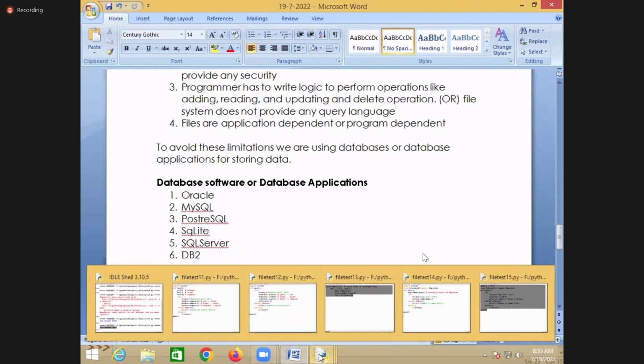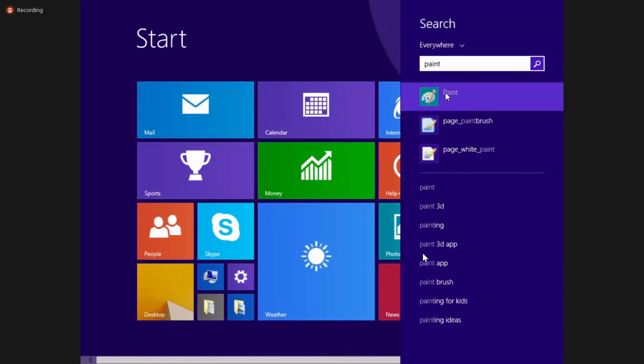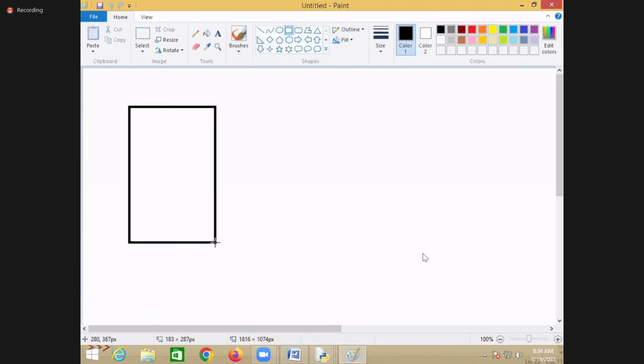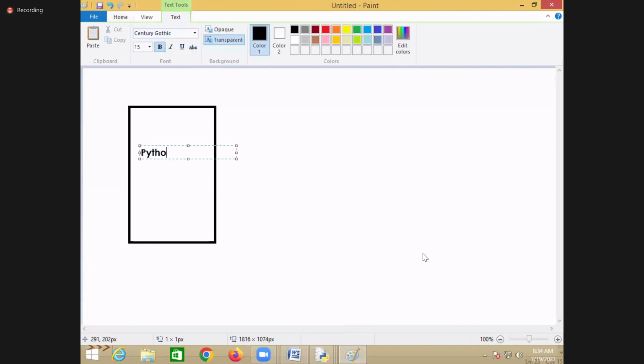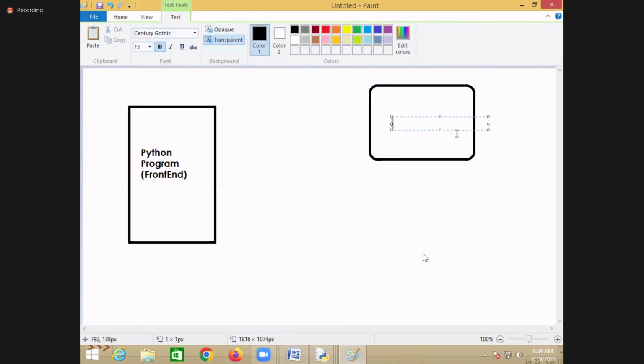In this case, this is your Python program, and this Python program is called the front end. And your database is the backend.